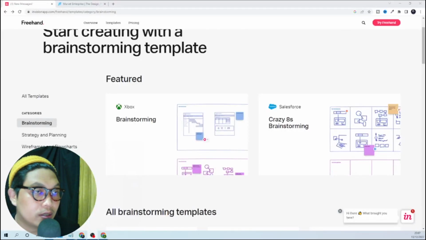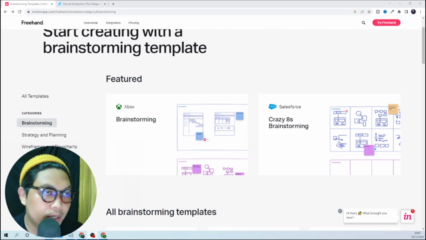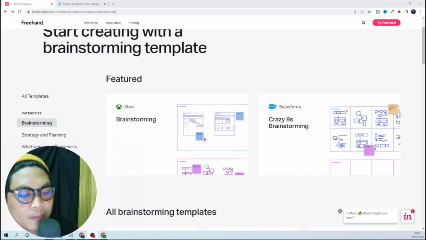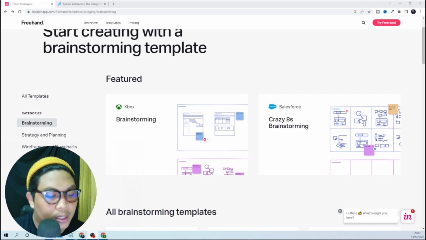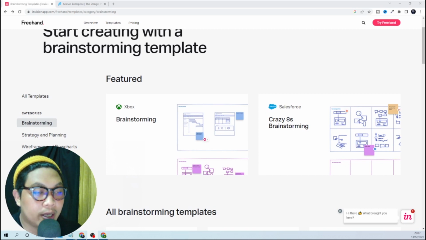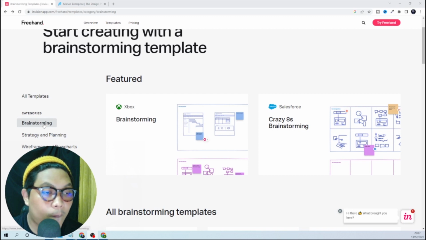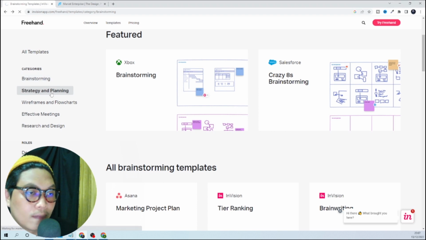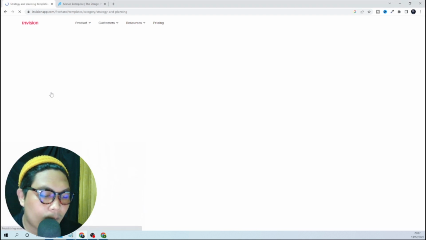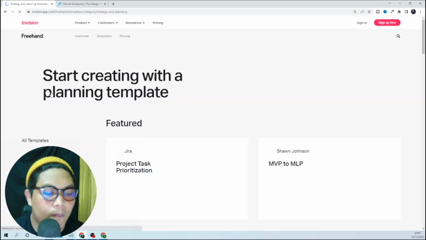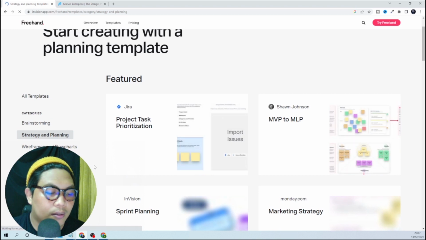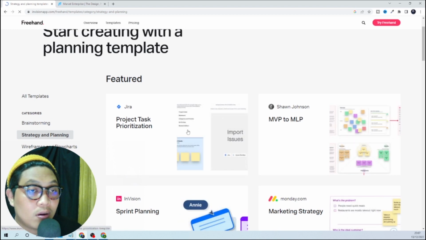Number 4, Freehand apps. Not much different from other UI UX applications. There are many templates to use, like brainstorming, strategy and planning, and so on. For pricing,